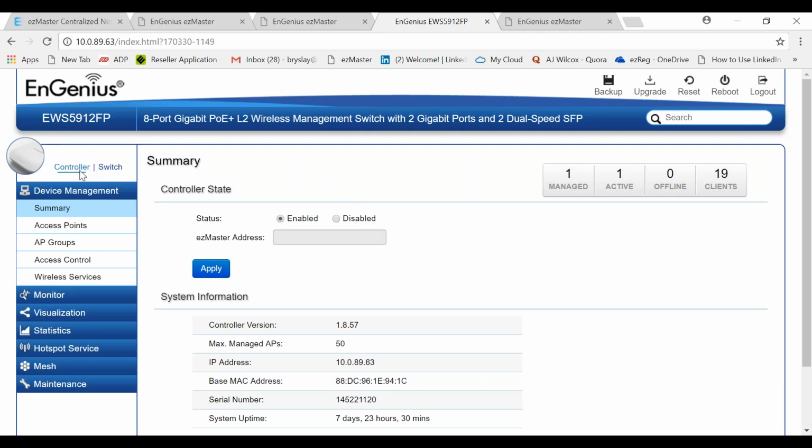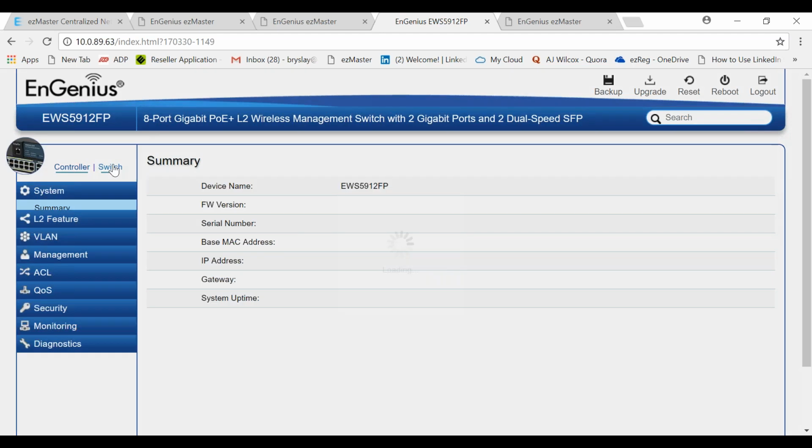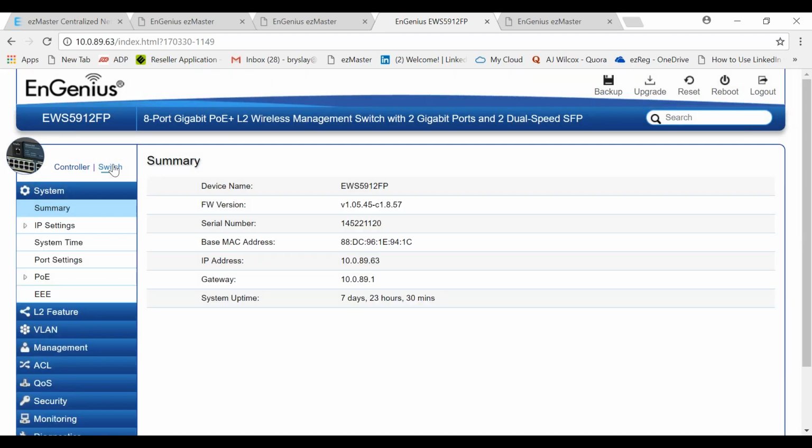As I mentioned before, our switches have controllers built in, so I'm going to go to the switch section. And remember, I'm remoting into the switch. I'm now sitting at my desk. I'm going to my LA office. I'm going into the lobby. There's a switch that's connected to an access point. There's a problem on that access point. I don't know what's going on. I'm going to that switch. I'm going to the switch configurations. I can simply do a hard boot.